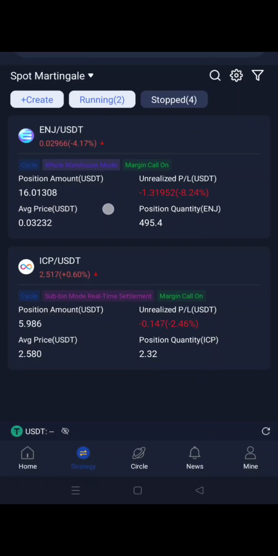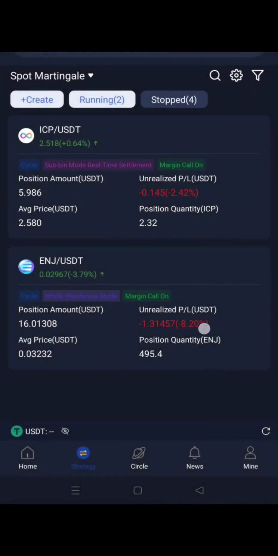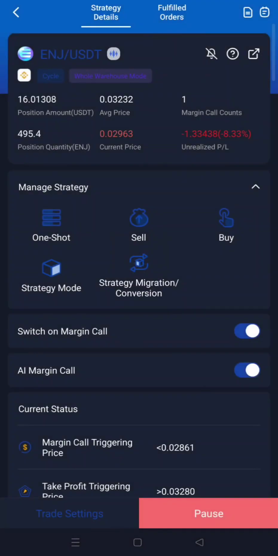Yesterday, before I went to bed, the coin had dropped minus 30-something percent. This is my ENG here, and it has dropped minus, shown in brackets, 30-something percent. Now, if I'm not trading with margins, okay, let me tap on it. By the time I woke up, I noticed that it had bought my first margin, right? Because it bought my first margin, it averaged that from minus 30-something percent to minus 8-point-something